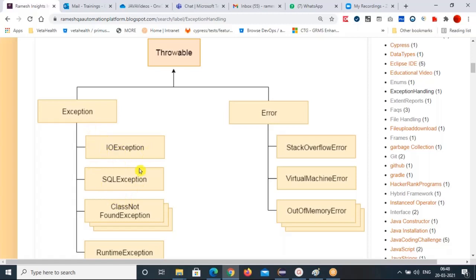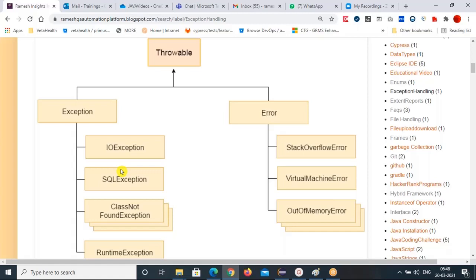Those are IOException, SQLException, ClassNotFoundException, and FileNotFoundException. These all occur at compile time only. While writing the code itself, you will get those exceptions. That's what a checked exception means.